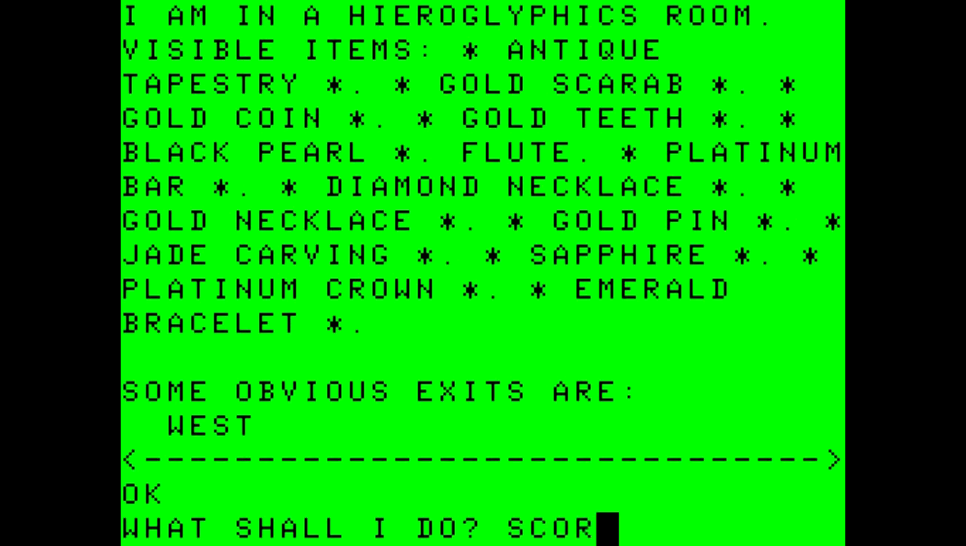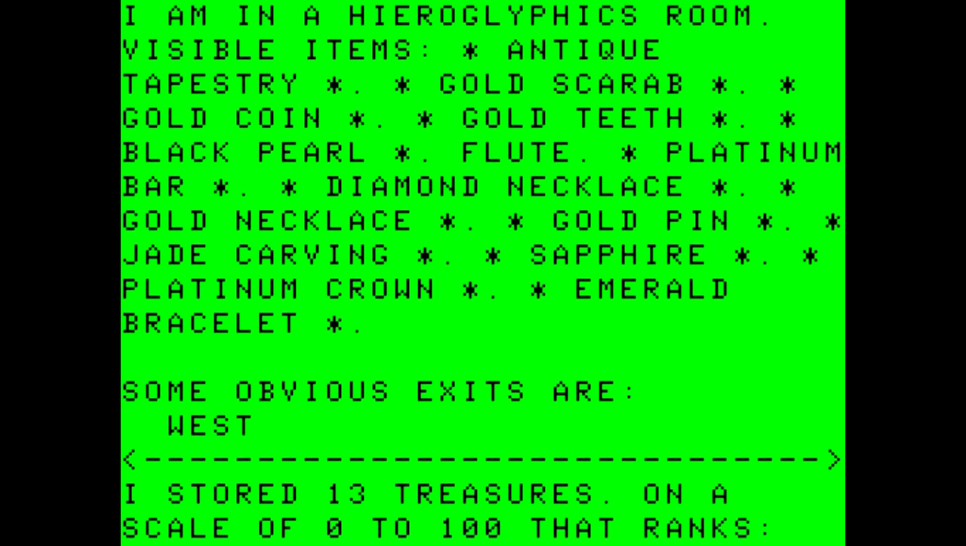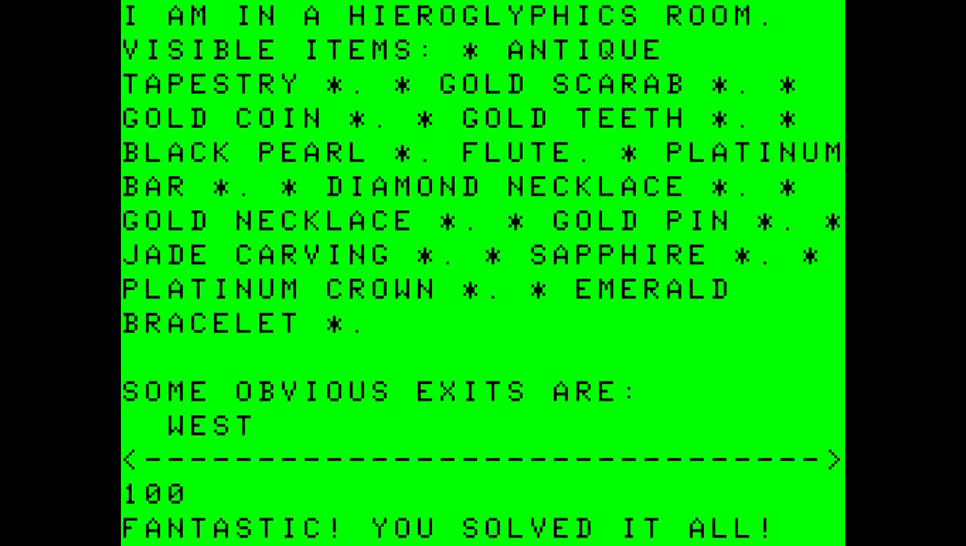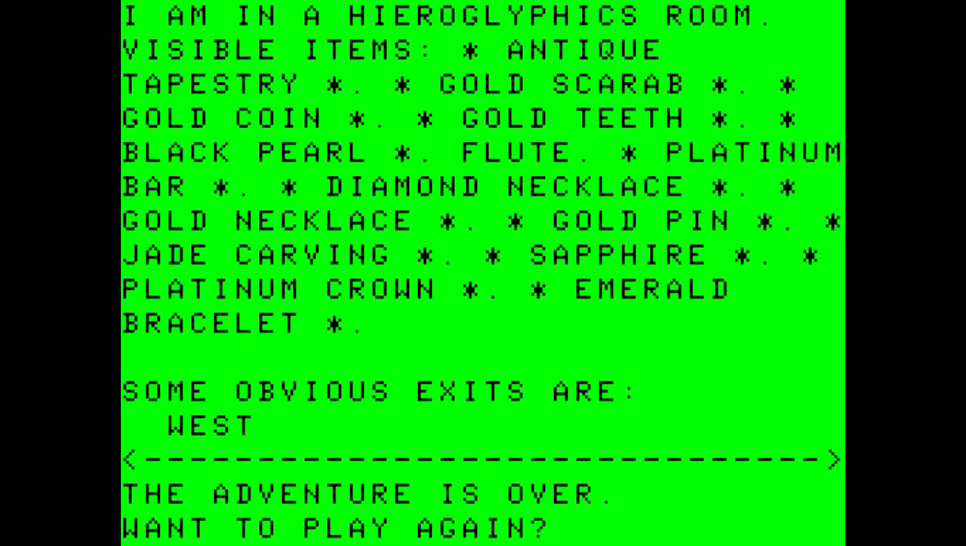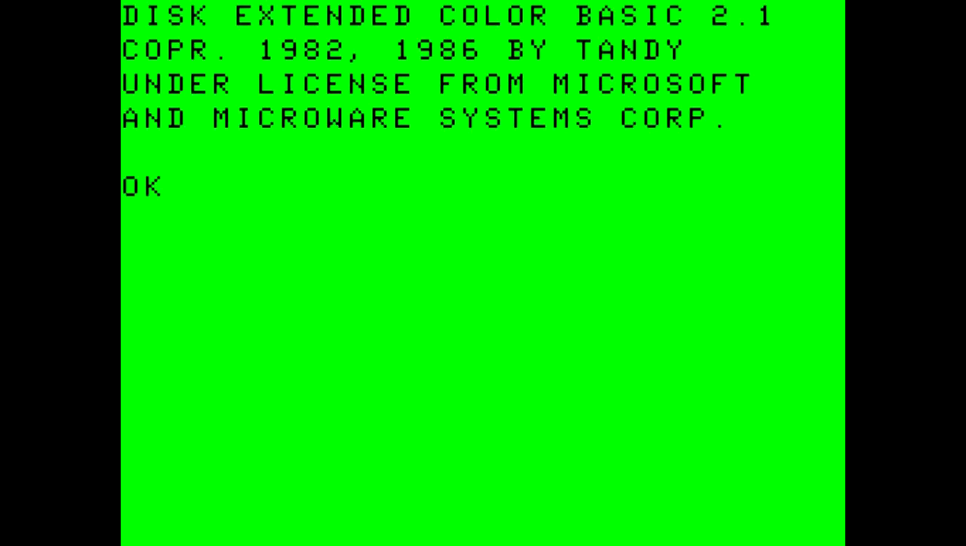So let's go with score. I stored 13 treasures on a scale of 0 to 100. That ranks 100. "Fantastic, you solved it all. This adventure is over. Do you want to play again?" No, we are not going to play again. And this takes us back to Disk Extended Color Basic 2.1, which is under license from Microsoft and Microware Systems